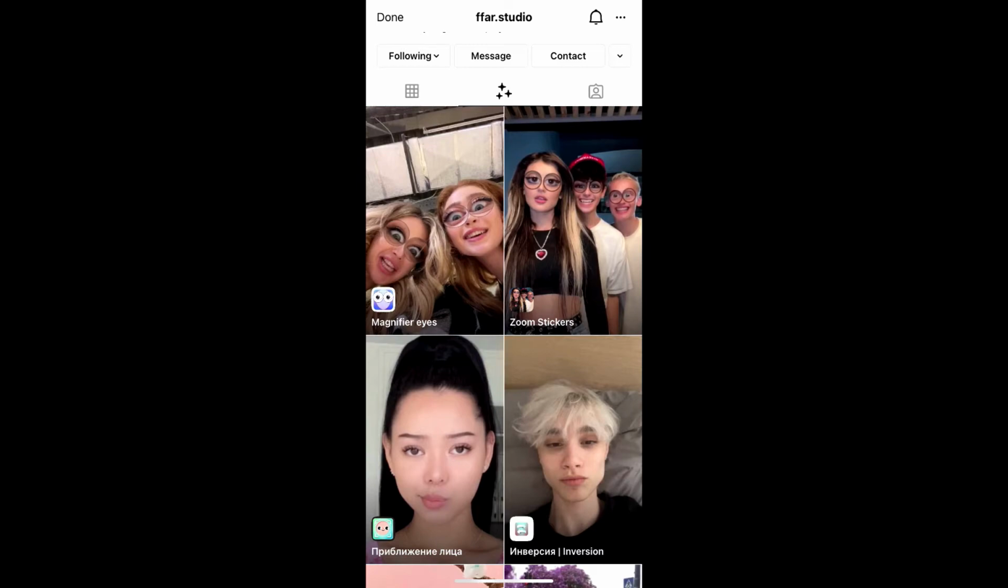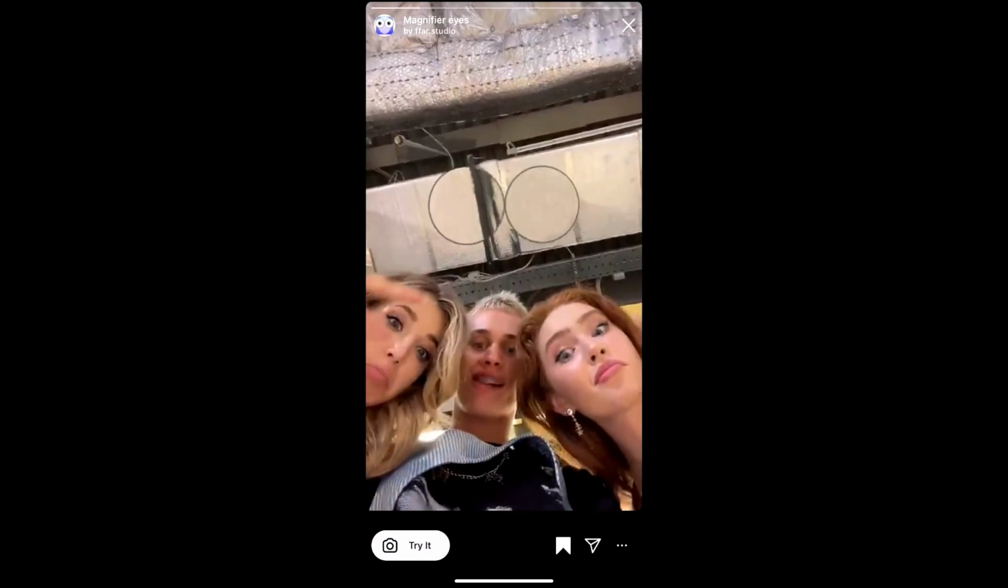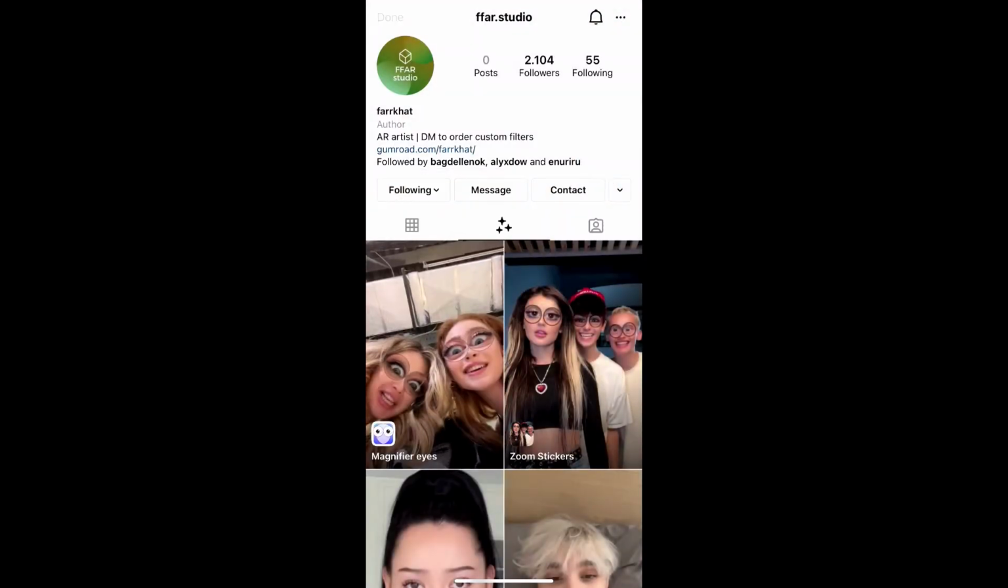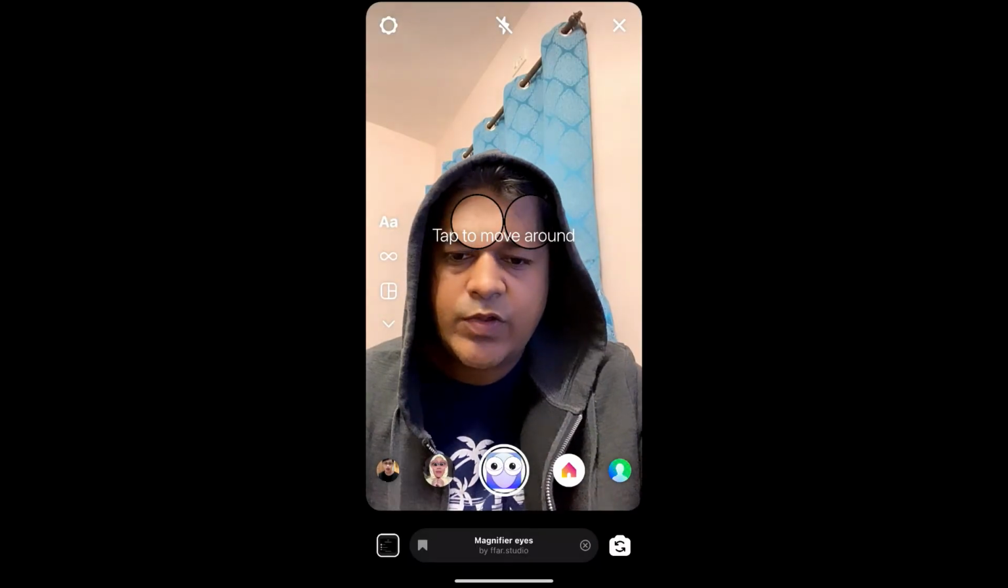Tap on it, and you will see this preview. From here you can save it to your Instagram camera tray, and you can tap on try to try the filter. And suppose you are not getting the effect like this, then what you can do,